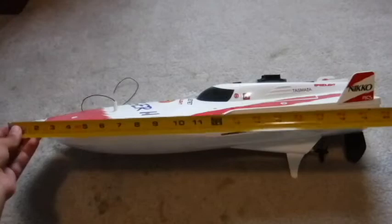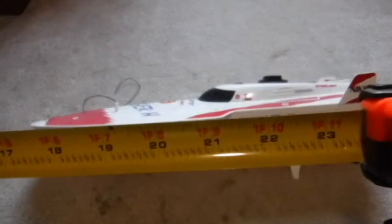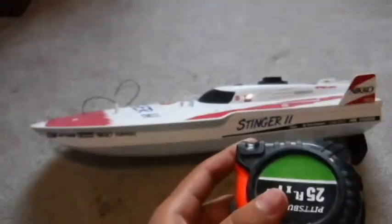Alright, so first thing we gotta do is measure the boat. Now, mine is measuring up to about 22 inches. So I'm going to write that down on the paper just to have it in there for later on. And you'll find out why. So after you write that down,